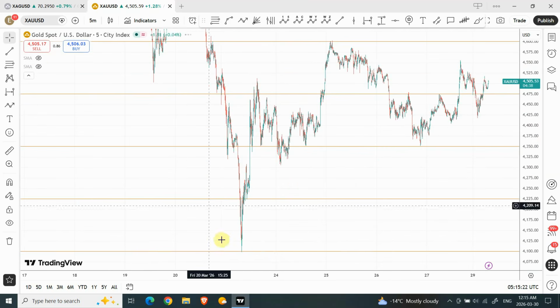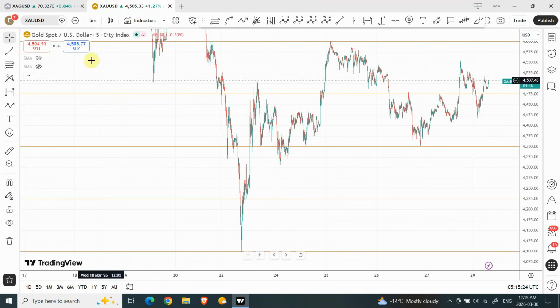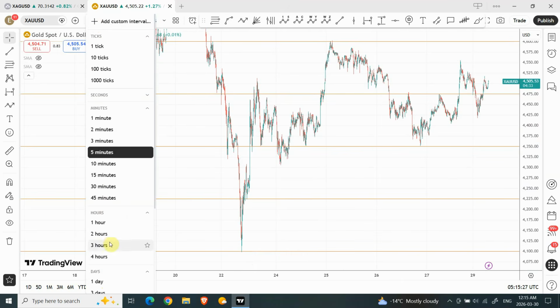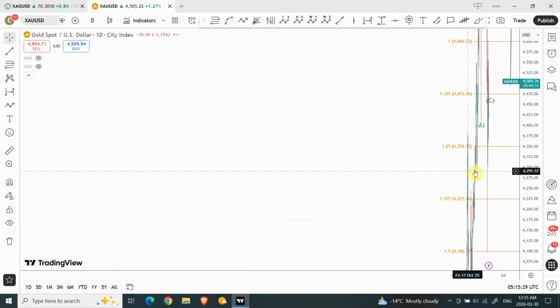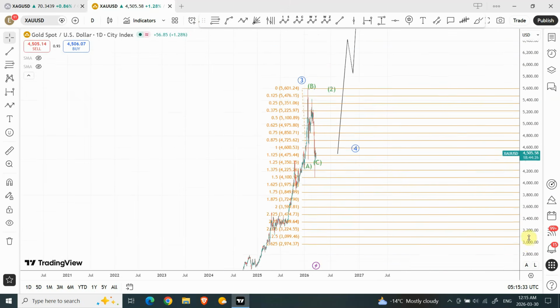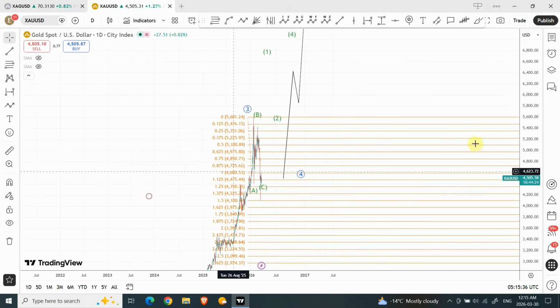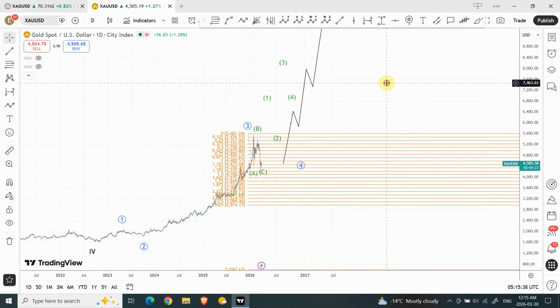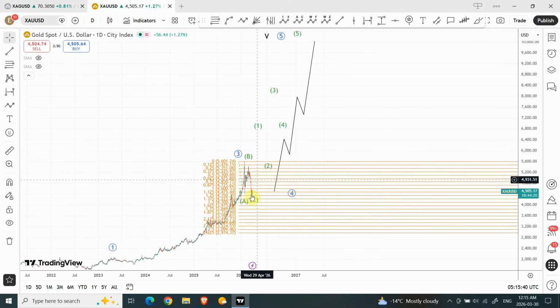Let me go on a daily time frame, and let me correct it here. Okay, so this is the larger shape that we are expecting. My larger weekly swing, I think, is initially around 6,500. That's my weekly swing. I'm expecting that not within this week, but on a weekly swing it happens. I think that will be a significant point. That's why I have got this top over here.